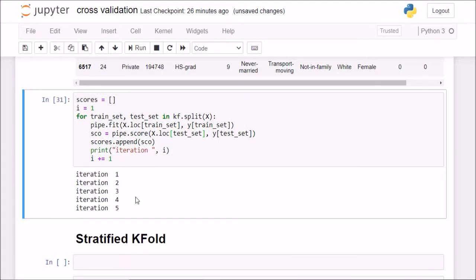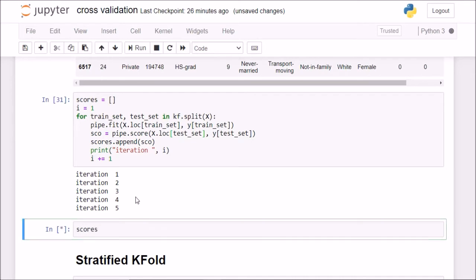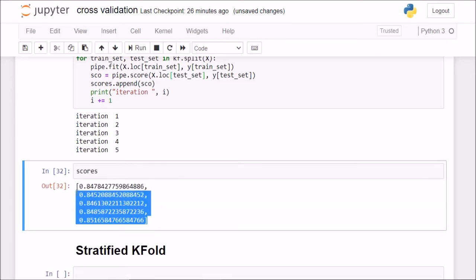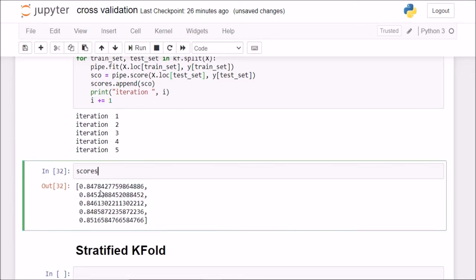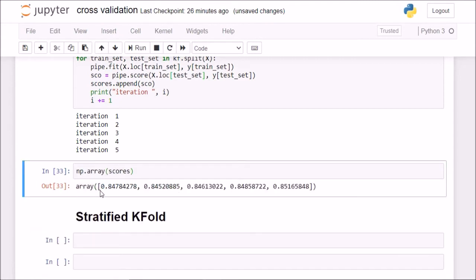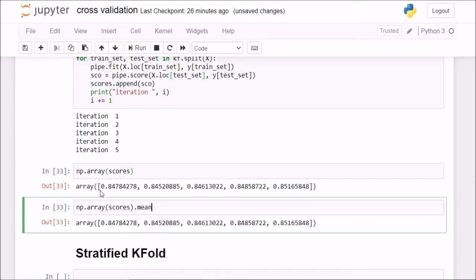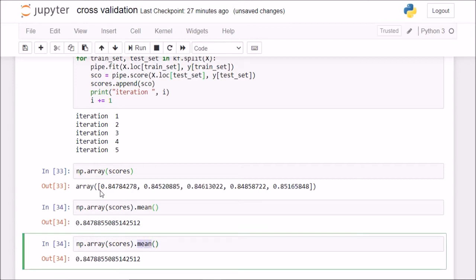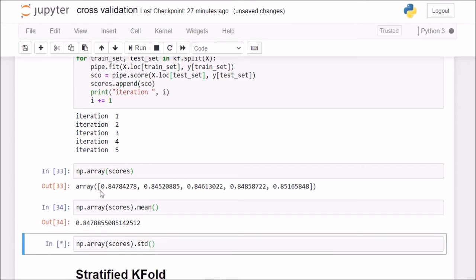After all the 5 iterations, if I check my scores array, it is giving me these 5 values. If I do an np.array of this, it is giving me these 5 values. Now I can access the mean or standard deviation using these numpy functions.